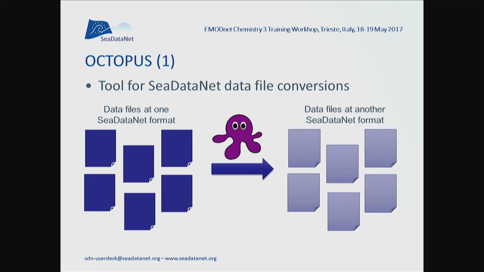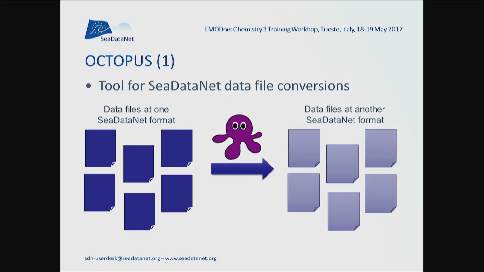Octopus, the second tool, is also a data format conversion tool, but it will convert only files which already are at CDataNet format. So if you have a file, for example, at ODV format, you can convert it to NetCDF, for example. But both are already CDataNet formats.